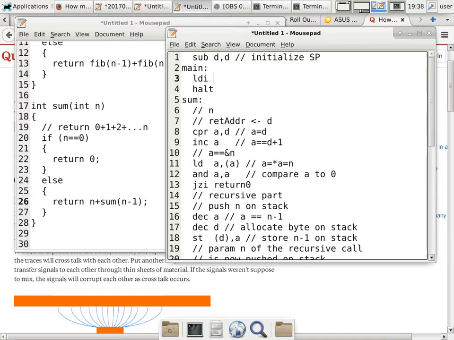So how many times do we want to go through this recursion? If I use a 0 as a parameter, it won't do any recursion. If I use 1, it will do a recursion once. If I use 2, it will do the recursion twice. 2, okay, 2 is good. Okay, so we'll load